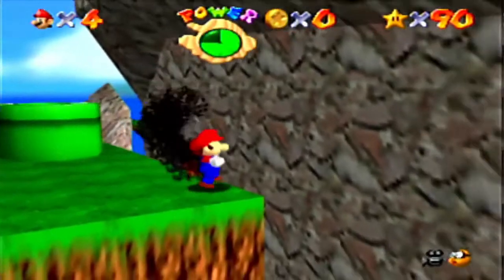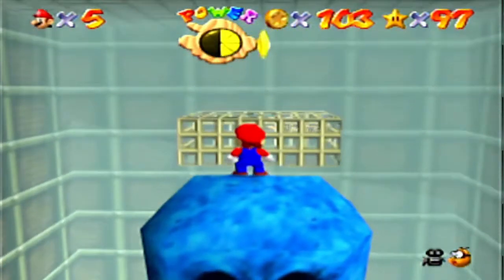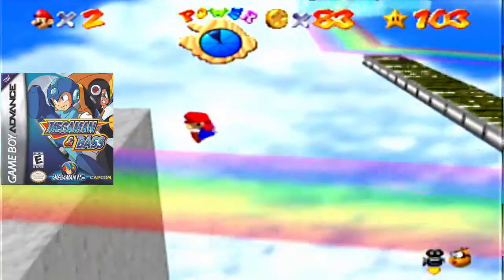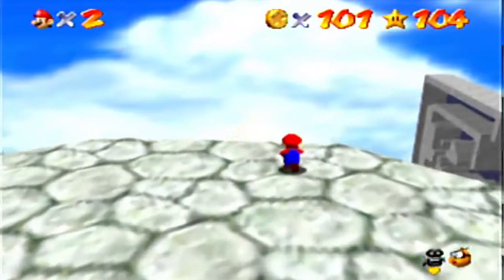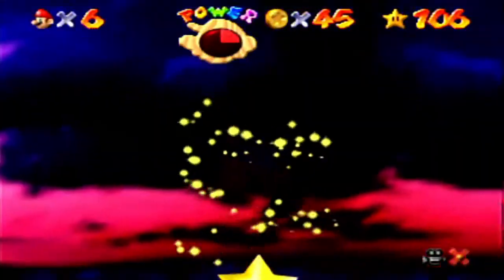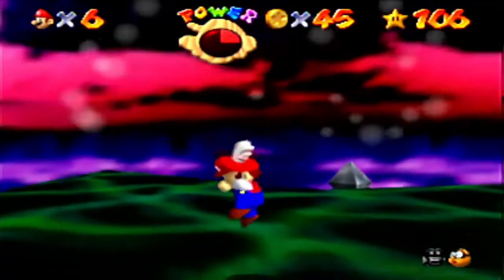Tall Mountain had a lot of falling, Tiny Huge Island had a lot of burning, Tick-Tock Clock had a lot of both, and I surprised myself by getting the star from the one with slight input delay, and Rainbow Ride had more leaps of faith than Mega Man and Bass and Sonic 2 8-bit combined. It's a good thing I landed my 2 favorite ones while collecting 100 coins. One Bowser stage and fight that was easier than I expected later, we finished the...